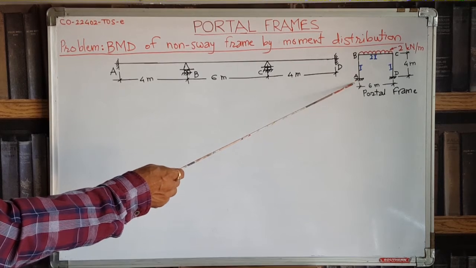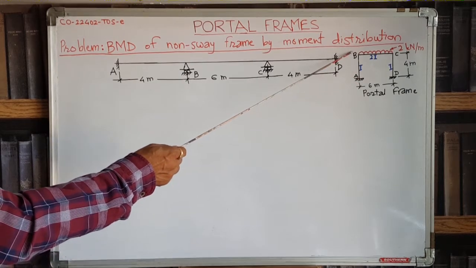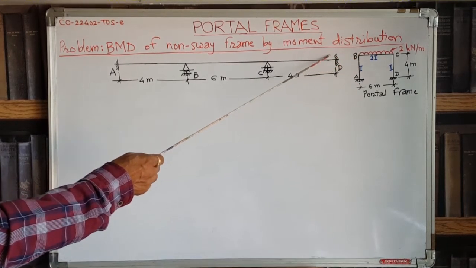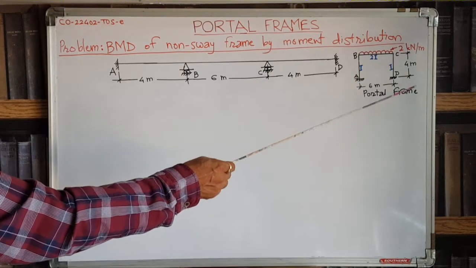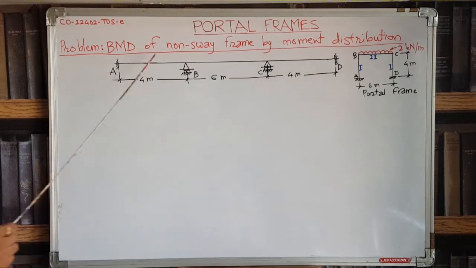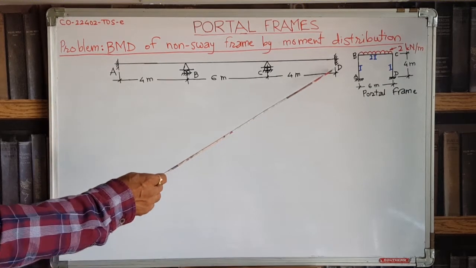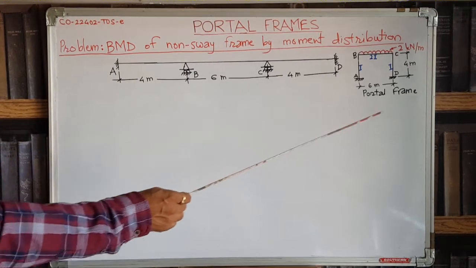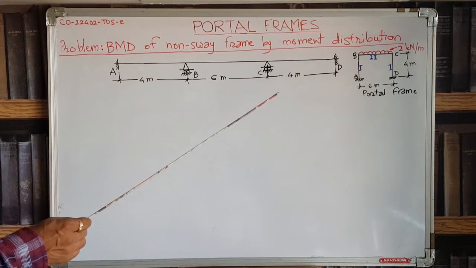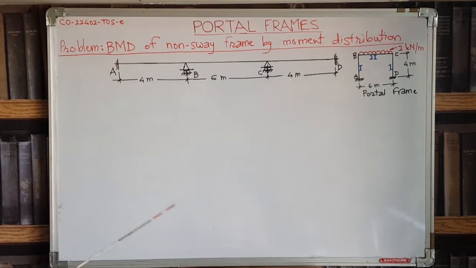We will assume that this portal frame is straightened. That means this column BA is made horizontal and column CD is also made horizontal, so that we get a straightened frame like this ABCD. So this is nothing but the straightened shape of the portal frame given here. And also obviously the scale has been changed. I have enlarged the frame. So this is the very simple trick we are going to do and which works for portal frames.